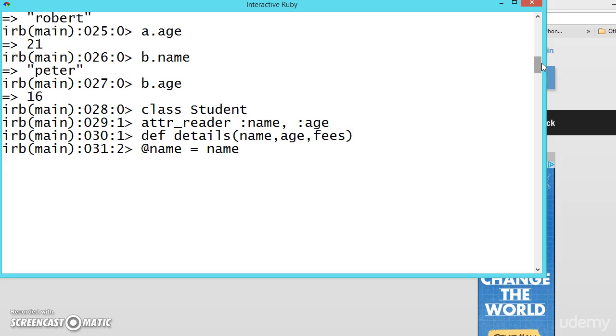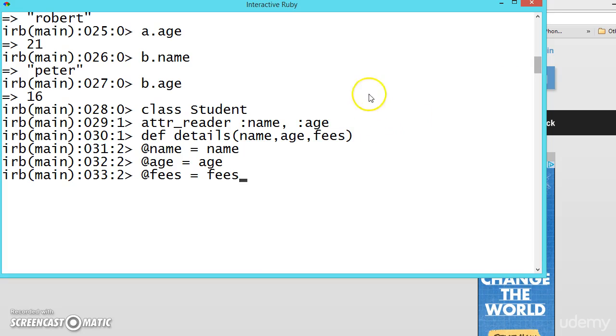@name is equal to name, @age is equal to age, and @fees is equal to fees. These are very helpful. So when we write another function, we can access this name, age, fees and play around with that, which we will be seeing.